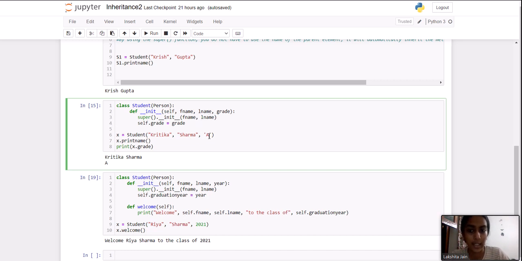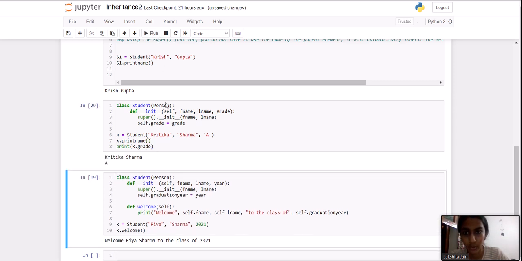Here I have passed a grade, and now I'm printing the name, and to access the grade you have to write print x dot grade, otherwise it will not work because we are nowhere else printing the grade. Let me run this and show you.